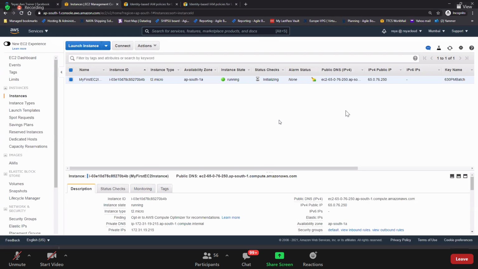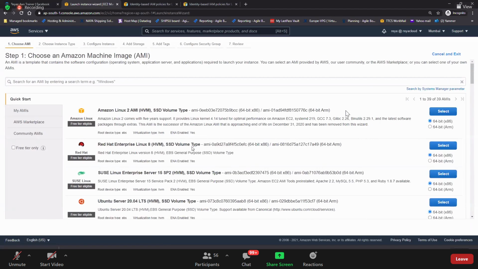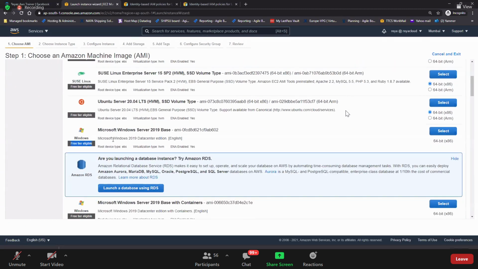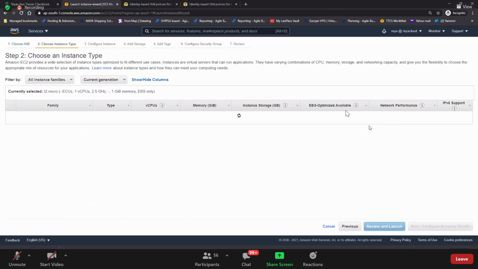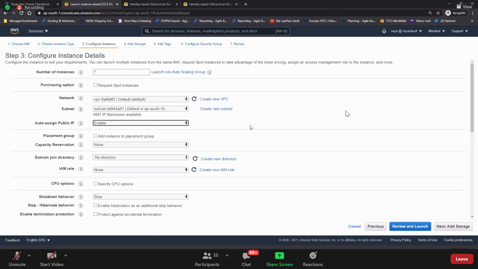So guys, now we have launched an EC2 instance. So it is Linux, right? So should we go and launch a Windows machine also quickly? Let's do that. Launch instance. And then if you want to launch Windows, see here it should be free tier eligible, and it should be like this, Windows Server 2019. So same procedure. T2 micro, right? So this time I'll put it in 1B. I'll enable the public IP.